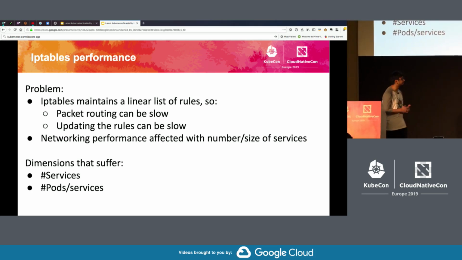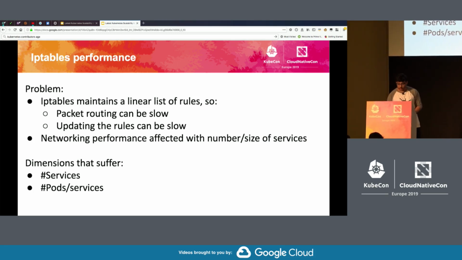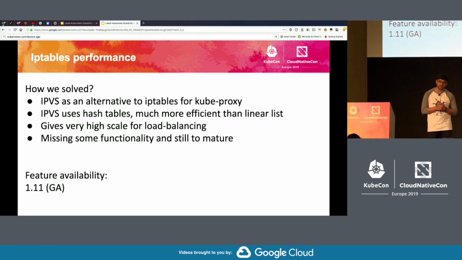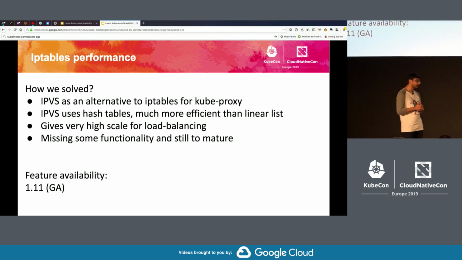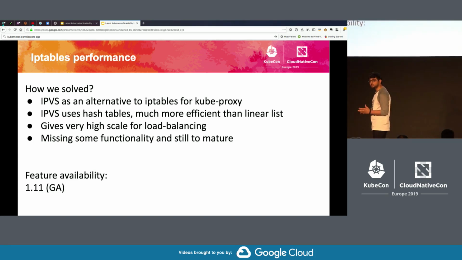Because of this, some of the dimensions that suffer are the number of services and the size of services, like how many pods you can have in a service. So how did we solve this? IPVS. I'm slightly hesitant to call this a solution